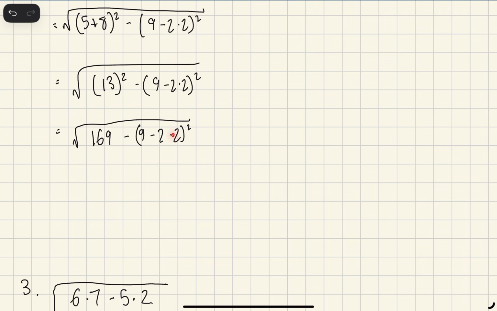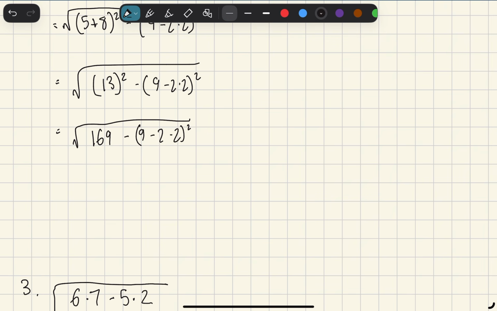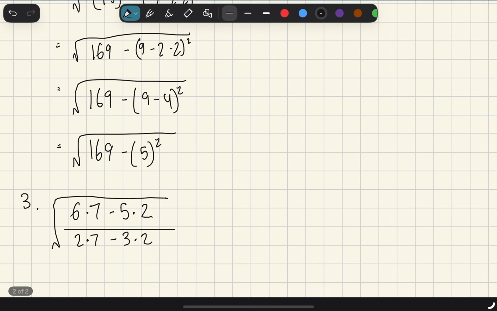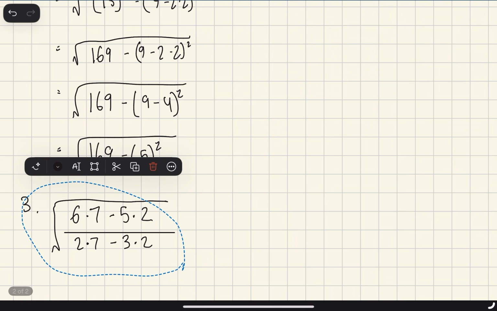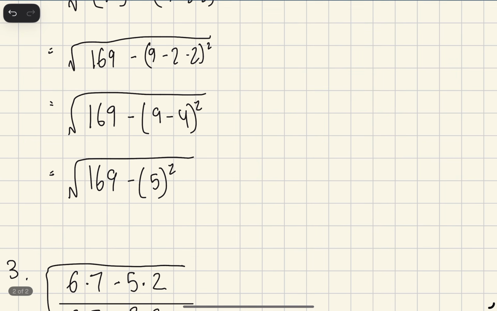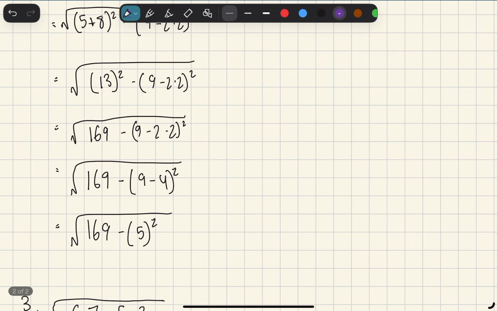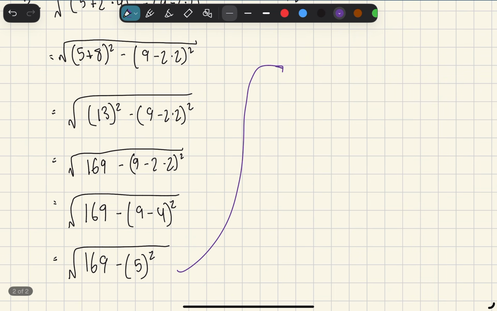All right, and then we're going to work on the right side. So again, this is multiplication, so we're going to do 2 times 2 first. So that should get us the square root of 169 minus 9 minus 4 to the power of 2. If we keep on working this out, we should get 169 minus 5 to the power of 2. And again, let me just draw this out at the bottom. And we should get, let me just do the work over here because I kind of ran out of space. We should get equals